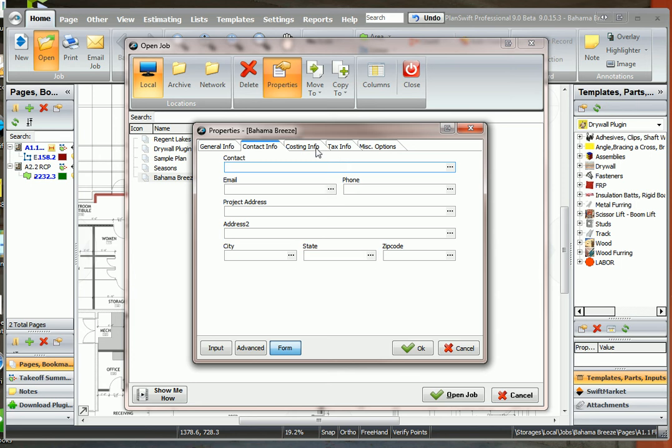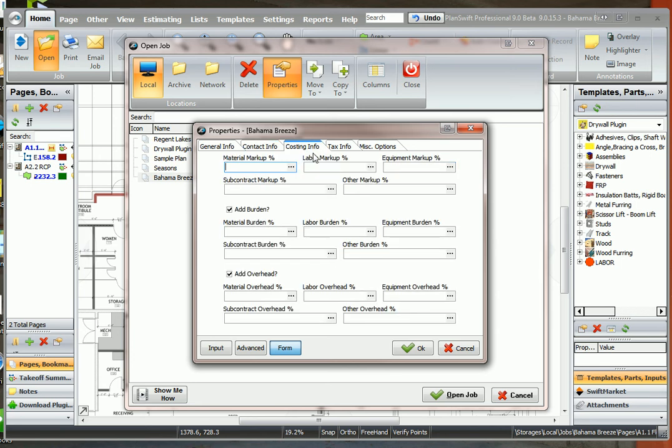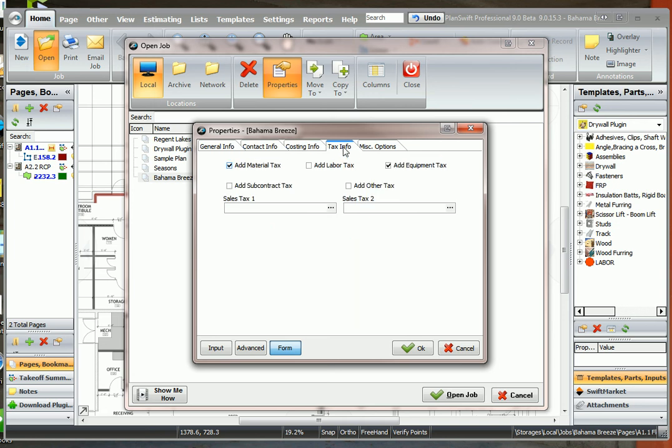Under the costing information tab is where you can put all your markups. You want a material markup, a labor markup, equipment, all the markups, all the burdens, all the overhead, material overhead, labor overhead, and your total overhead goes in here. And so you can just put all these markups in here, and so when you do your takeoff, it'll add all these percentages to your takeoff. You have your tax information, material tax, labor tax,